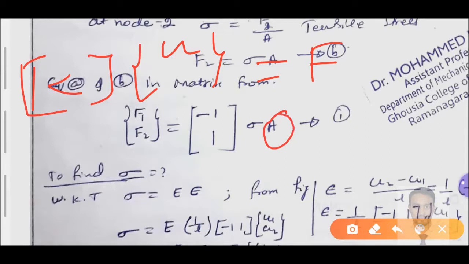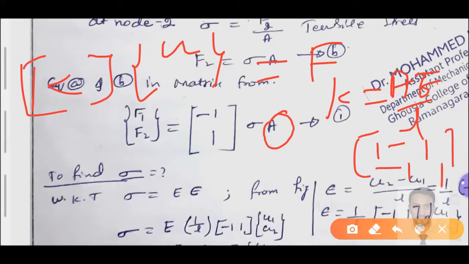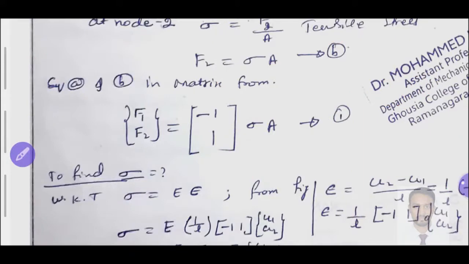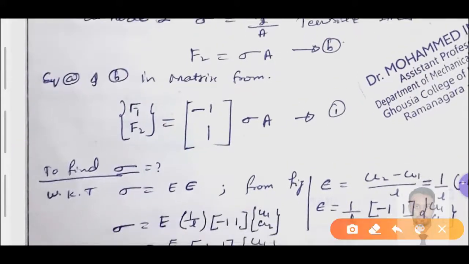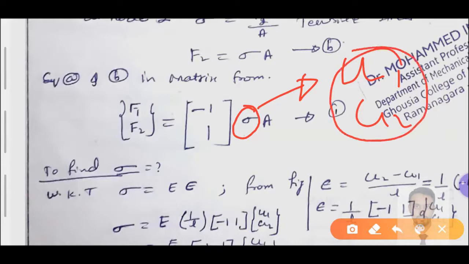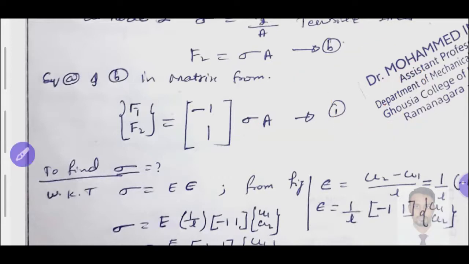We have an area of cross section. So K is equal to what? AE by L into 1 minus 1, right? A we have, so no effect for this one. We need to concentrate only on the stress. We need to find out the stress. So the question mark is here. We need to find this stress value in terms of the displacements U1 and U2. If we convert this value, then we will get the idea of the equation.